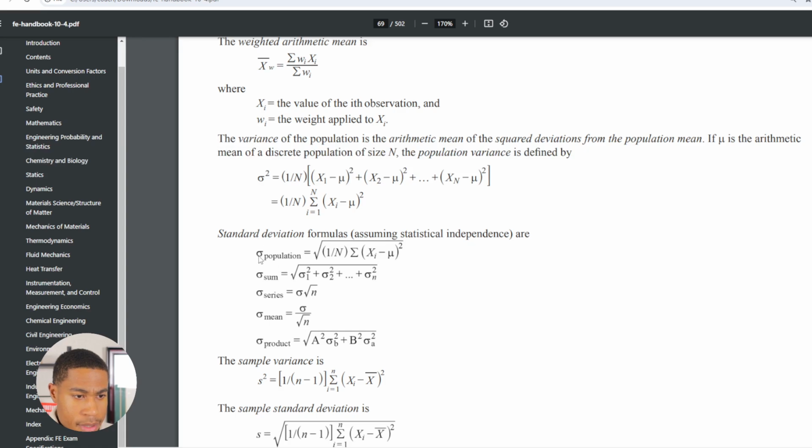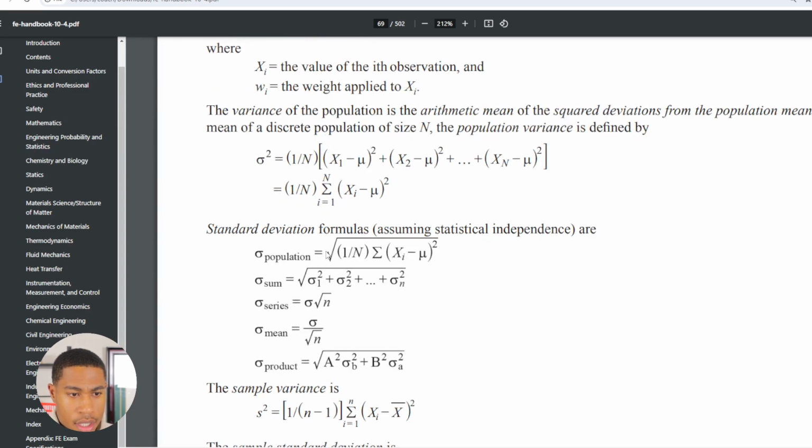So this population formula is very, very important, and it's typically what you use to calculate your standard deviation. So what is this saying? Well, this symbol here is standard deviation, and it is equal to the square root of 1 over n. What is n? N is the number of samples, or the number of quarterbacks in this case. And so if it was 6 quarterbacks, this would be 1 over 6. Okay. And then you're going to multiply that by the sum of